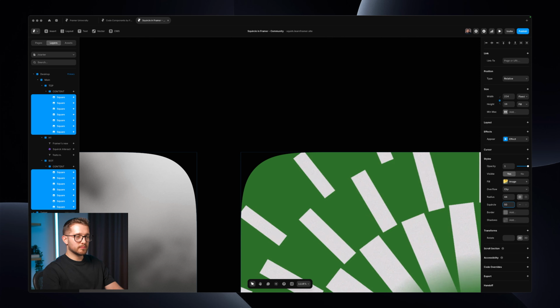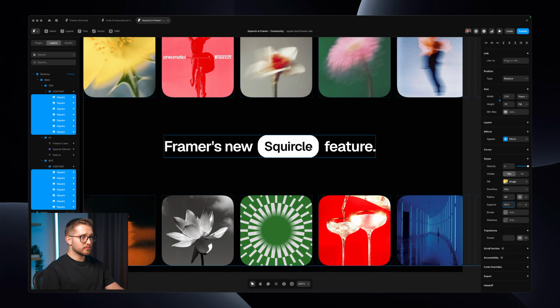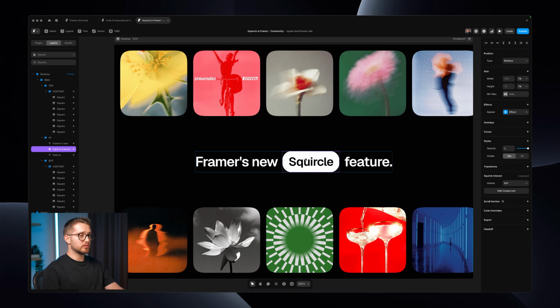I recommend lower values. 100 might be a little bit too much. Maybe 50 or 60% should be looking pretty good. So we applied the Squircle to these images on the top and bottom, I can also go into this component,